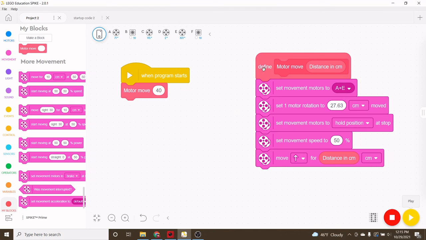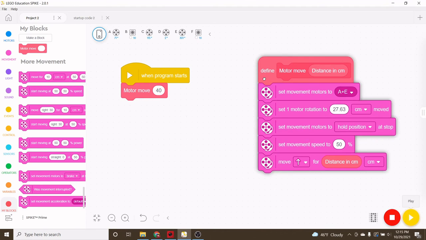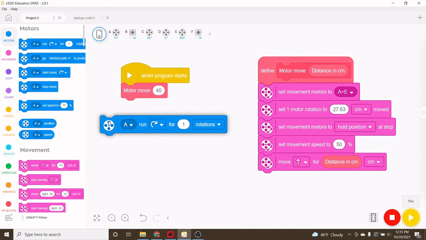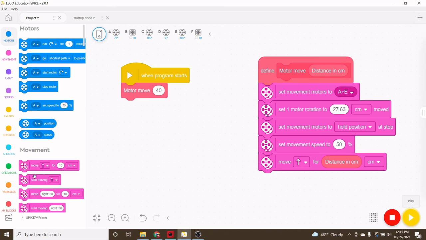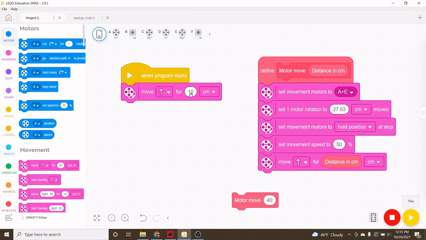Now make sure that when you do programming in class, you use this motor move my block. Many a times I see students come to class and every single time they want to move their robot, they are fumbling around to find the right blocks. So for example, this is going to move only one of your motors. When you pull out just this block and you don't have anything initialized, this is not going to work for you. So for example, if I just put this and hit run,